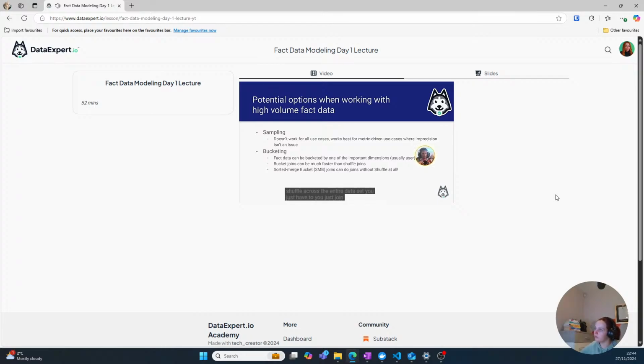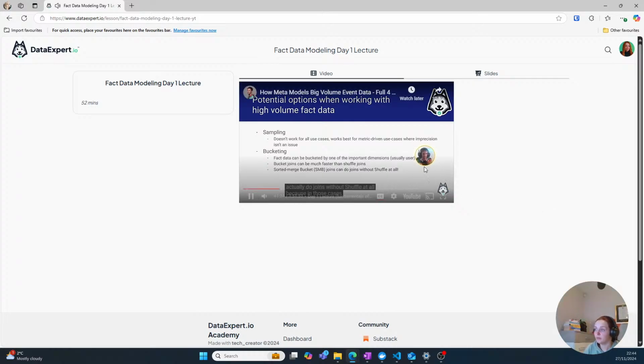You just join within the buckets, and then it can be a lot faster. So you can do bucket joins. That is something that we are going to cover in week 5 for the infrastructure track, how to do bucket joins in Spark, and it helps minimize shuffle. And if you go to a sorted merge bucket join, which is an SMB join, then you can actually do joins without shuffle at all, because in those cases you have